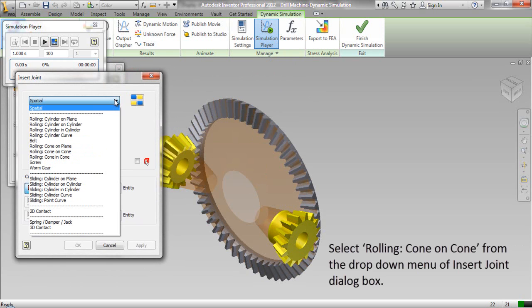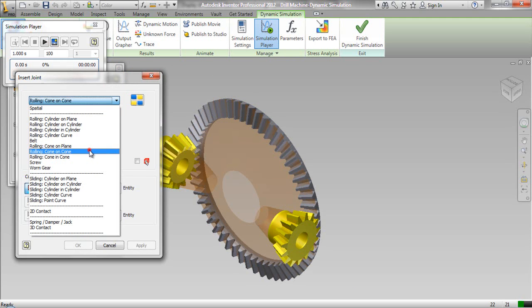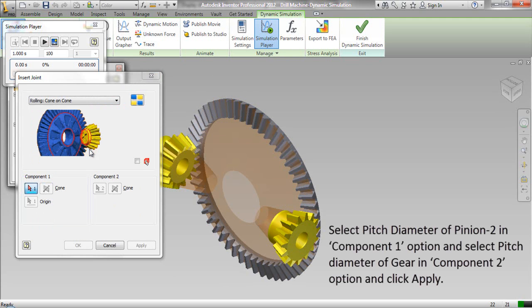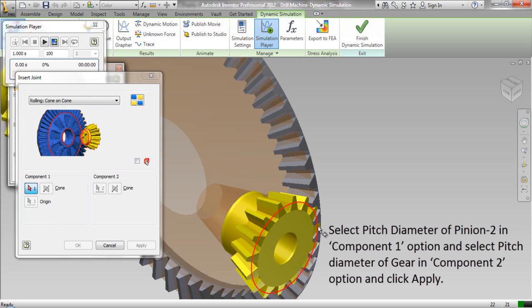Select Rolling Cone on Cone from the drop-down menu of Insert Joint dialog box. Select Pitch Diameter of Pinion 2 in Component 1 option and select Pitch Diameter of Gear in Component 2 option and click Apply.